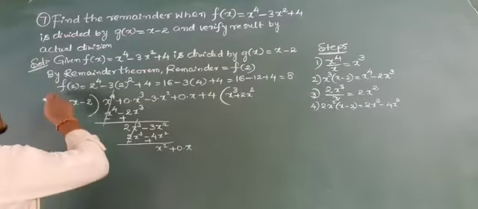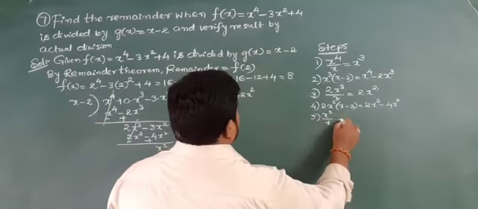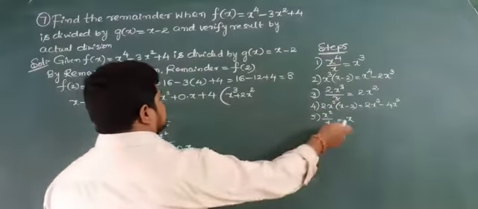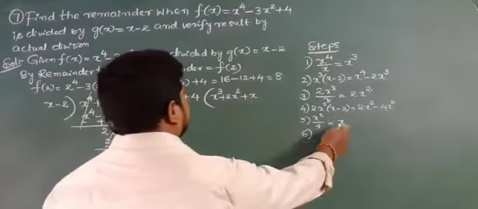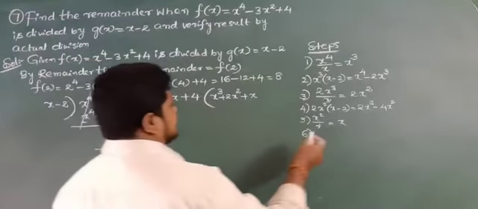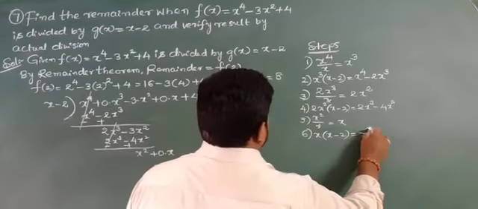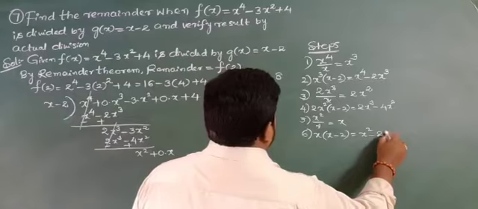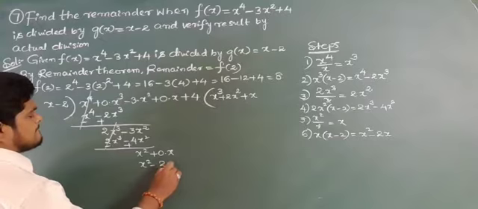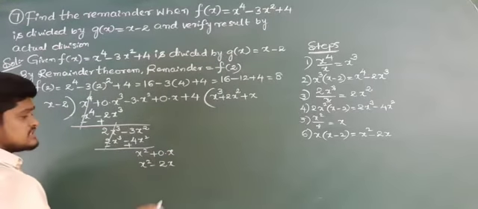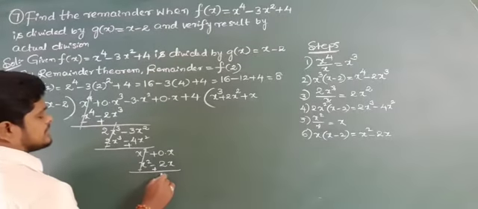Again divide x² by x here. x² divided by x, cancel x and x, remaining is x. Write the x in the right hand side brackets. Next multiply this x with the total x − 2, that is x into x − 2. Multiply x with x, that is x². Next multiply x with 2, that is 2x. So write x² − 2x here. Next change the signs: x² and minus x² cancel, remaining is 2x.